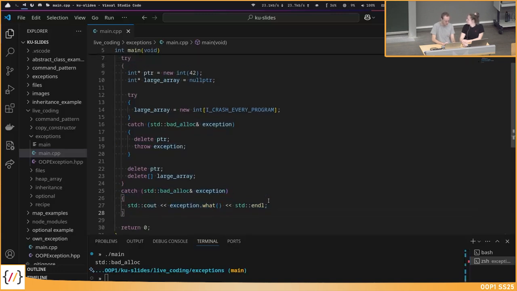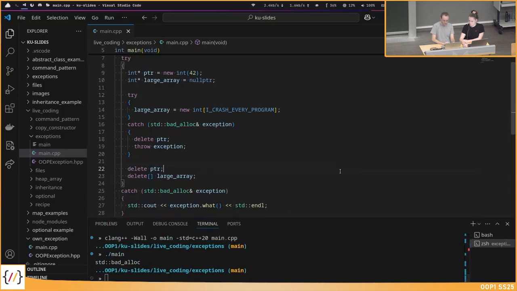It works. And if everything is fine, then we'll never execute the catch block, but we just allocate this pointer and delete it. So this also works. Let us try. Okay, we print the std bad alloc. I cannot try it with Valgrind because Valgrind doesn't support exceptions in new. So trust me that it works, and I think it should work.